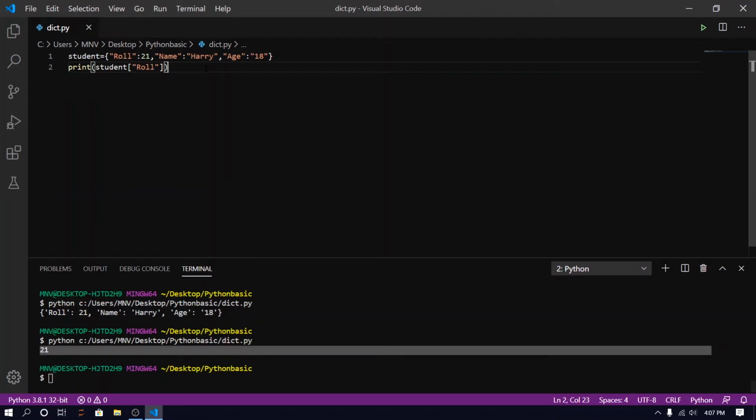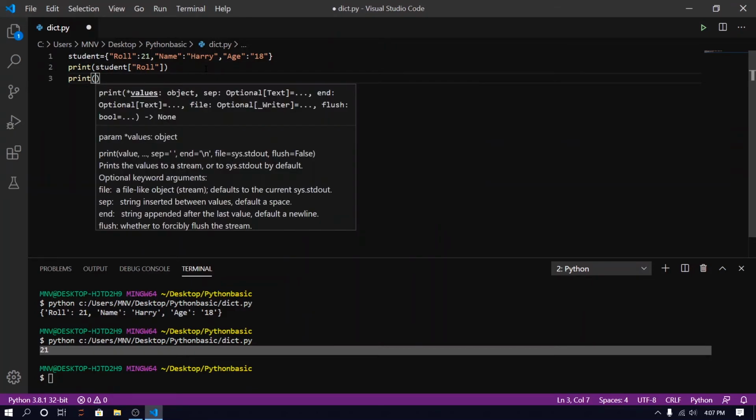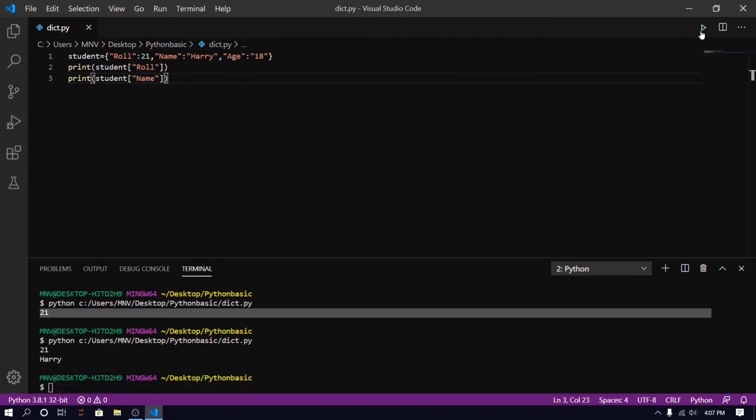Let's see, we need the name of the student: student name. Okay, so we got the name. A dictionary basically works like records. Now let's add another key like subject.